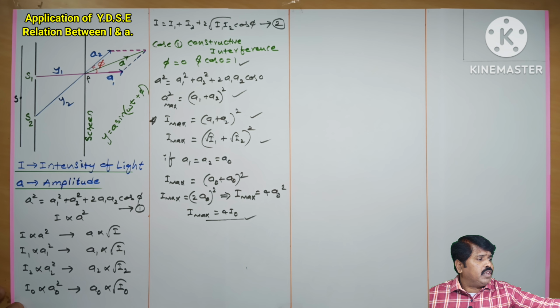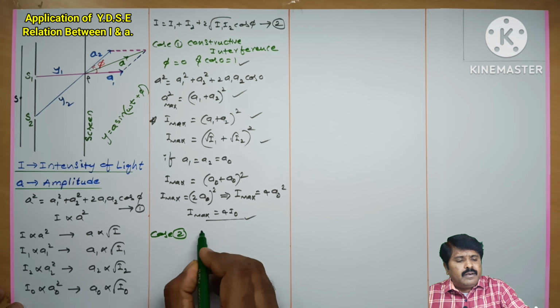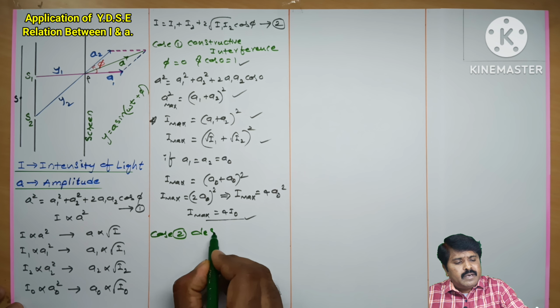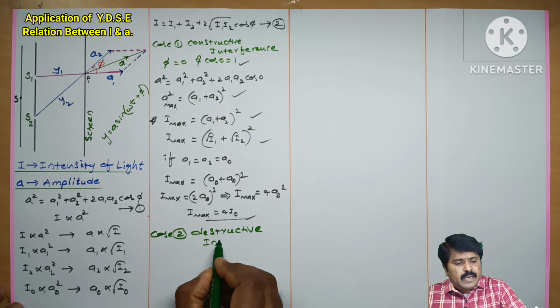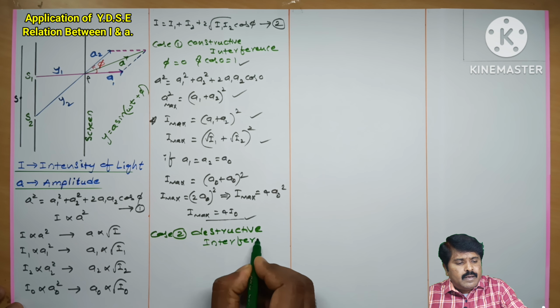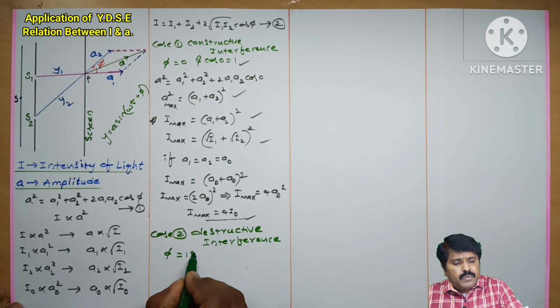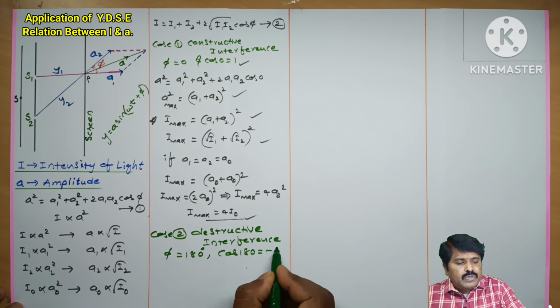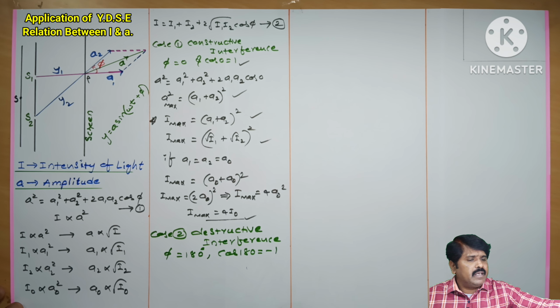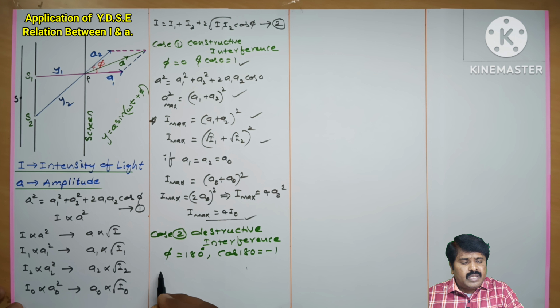And next one, case 2, I am going to write: destructive interference. See student, the condition is phi equal to 180 degrees, and cos 180, which is equal to -1, is replaced in the amplitude equation from the parallelogram law of vectors, so that a square, from equation 1, is